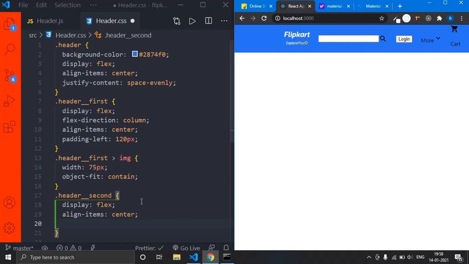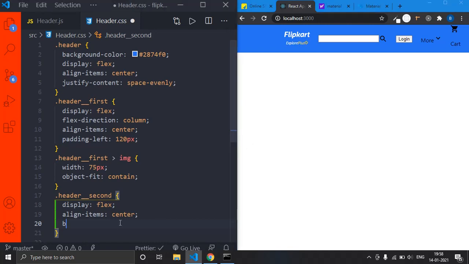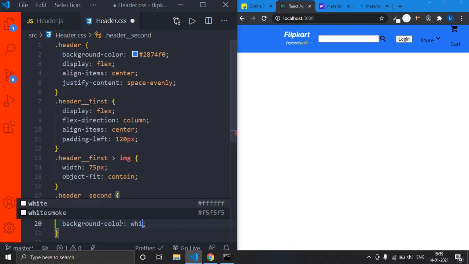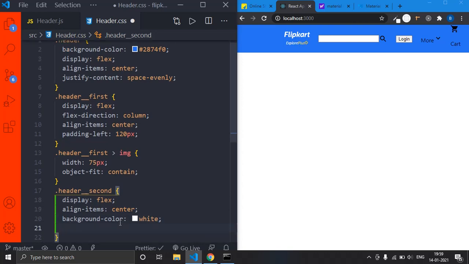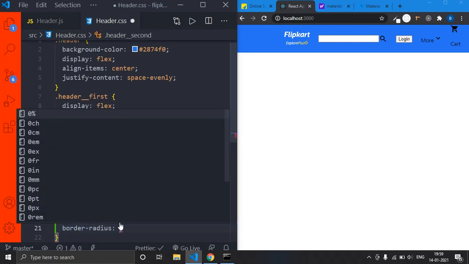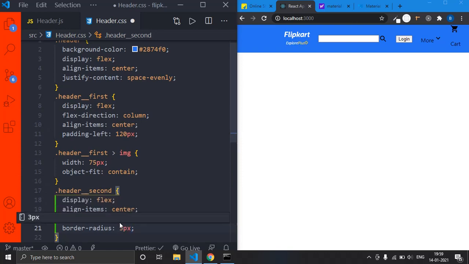In order to achieve that, I'll apply background color as white, and I will give some sort of border radius of 3 pixel. Now just press Ctrl S, save. Now those two parts, the search icon and the search bar, are looking almost the same, right?